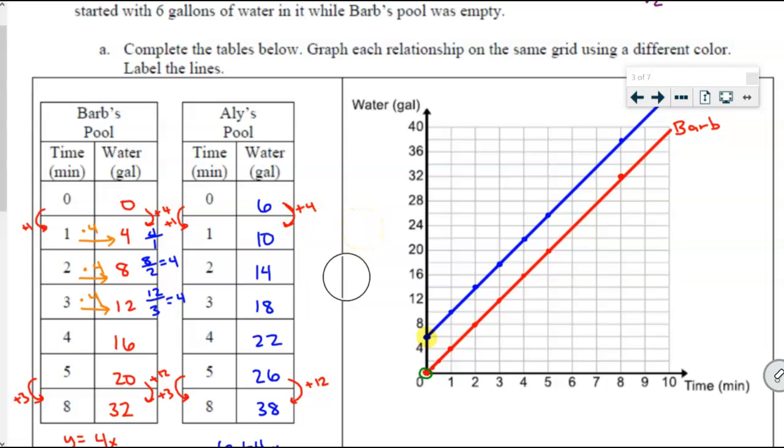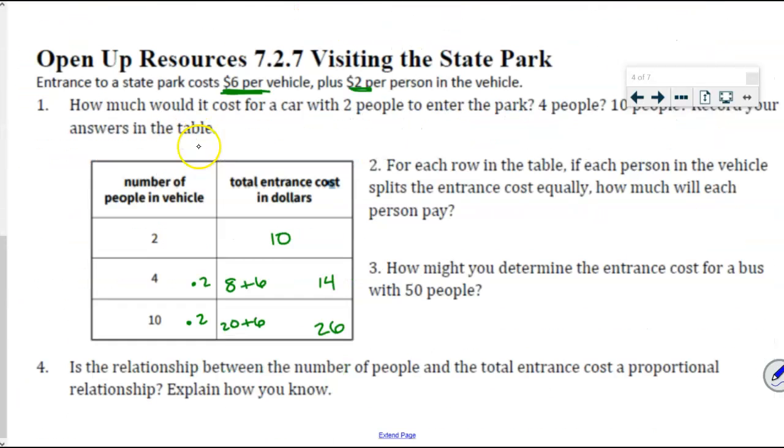So with that in mind, when it's asking us to compute the cost per person, if everybody in that vehicle is splitting the cost, how much is each person paying? We're saying here, this is going to be $10 split among 2 people. That's $5 per person. But now it's $14 spread among 4 people. How much is each person going to pay? 14 divided by 4 is equal to,